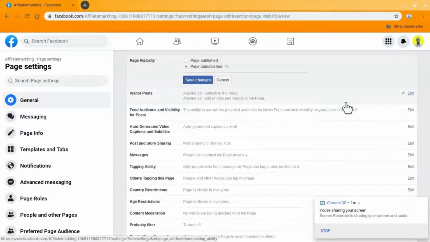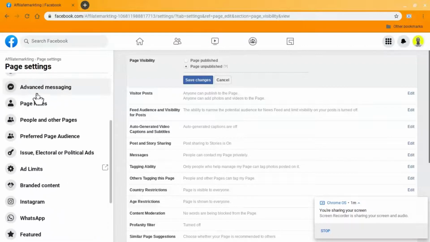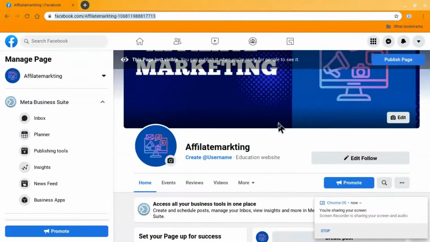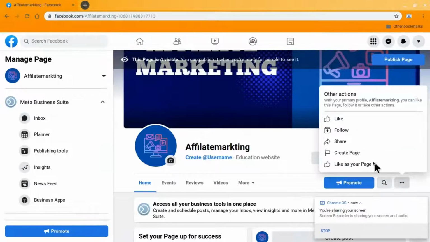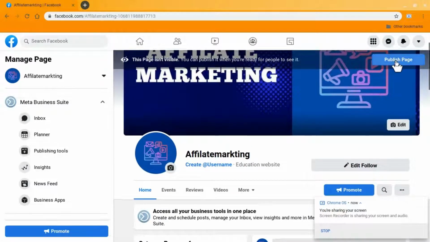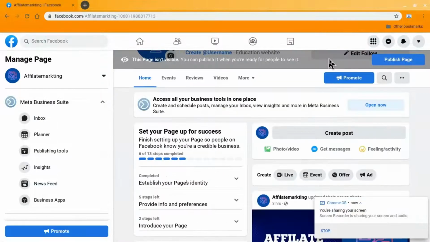Back to our page by clicking your business name. Add button. This is a call to action button. Click to add. Then page publish. Now under the page, successfully we completed